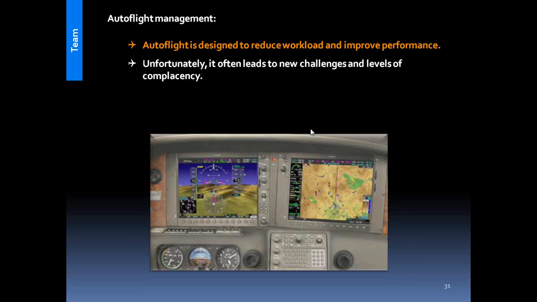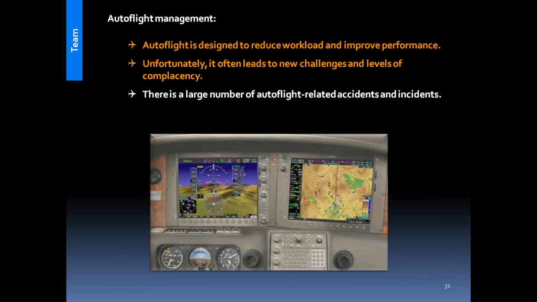So there are ways to do it, but we have to be aware that there are new challenges in this autoflight, and we can get very complacent if we rely on it exclusively. There is a large number of autoflight-related accidents and incidents, especially in personal flying at our end of the game, and